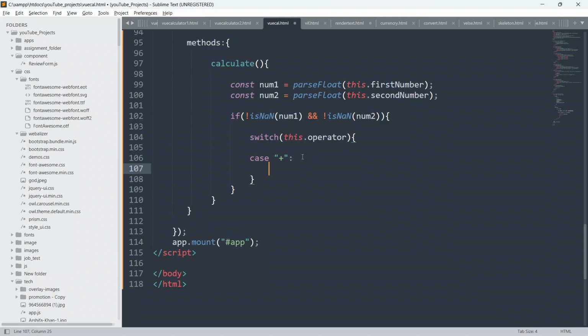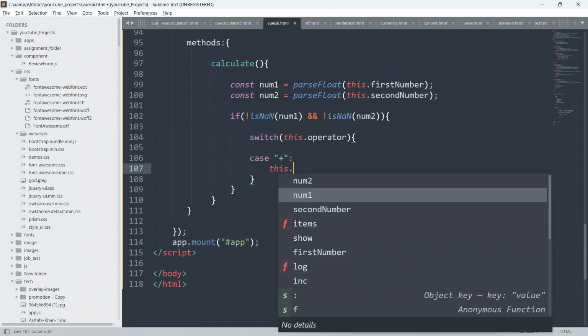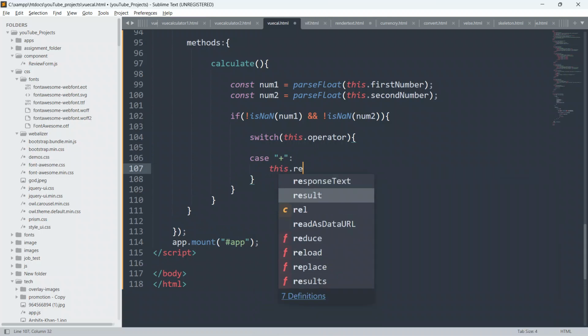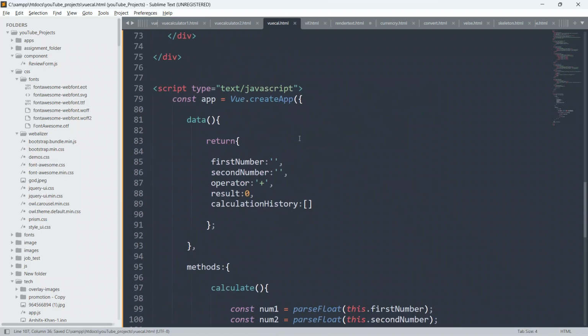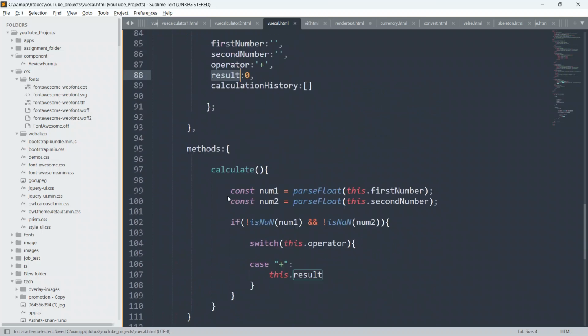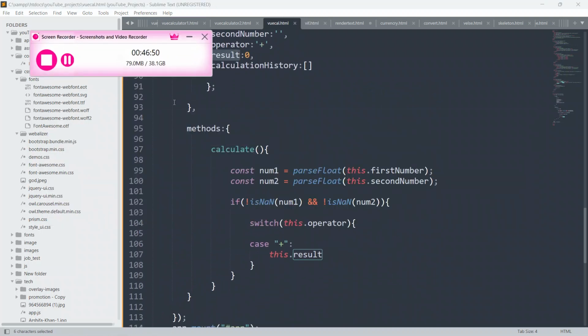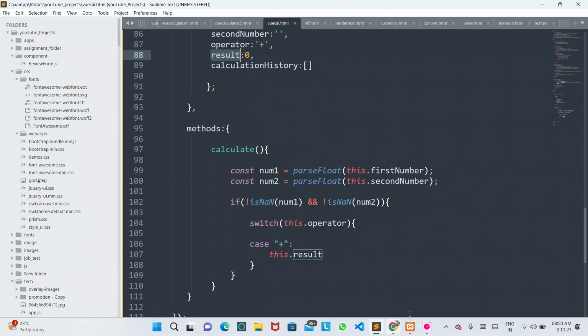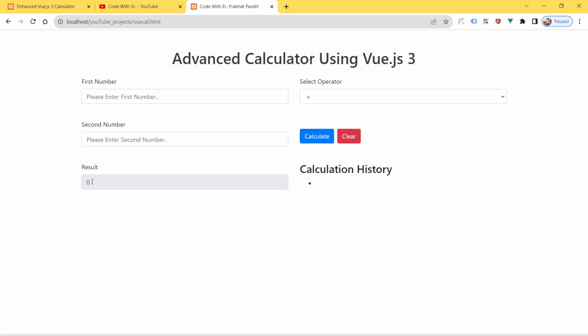So I'll say here case, and this dot result. So guys, this result I will try to populate, I will try to insert the result into this result read only input field.